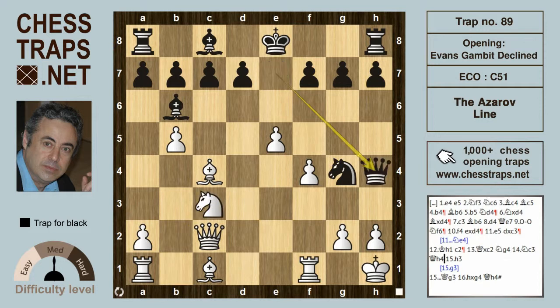queen h4 threatens mate on h2. White should continue with g3, whereby the queen on c2 covers the pawn on h2, but it certainly looks like a comfortable position here for black. If instead